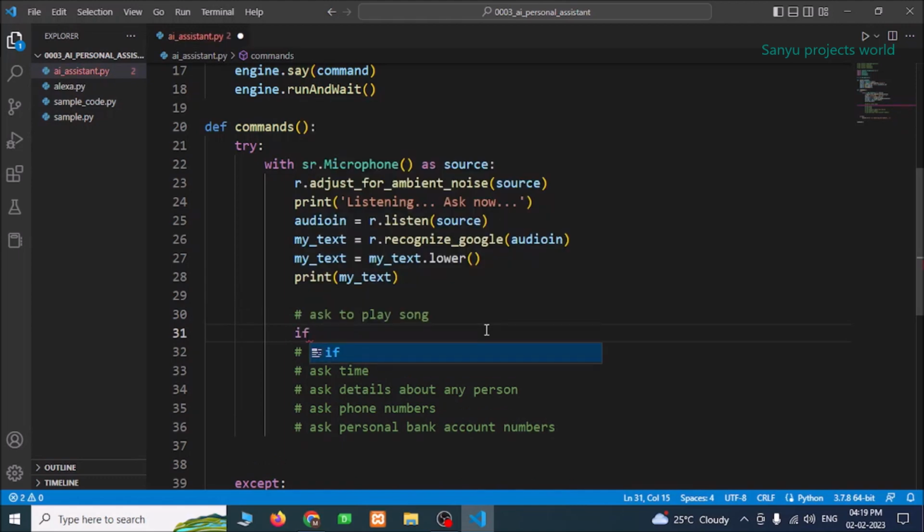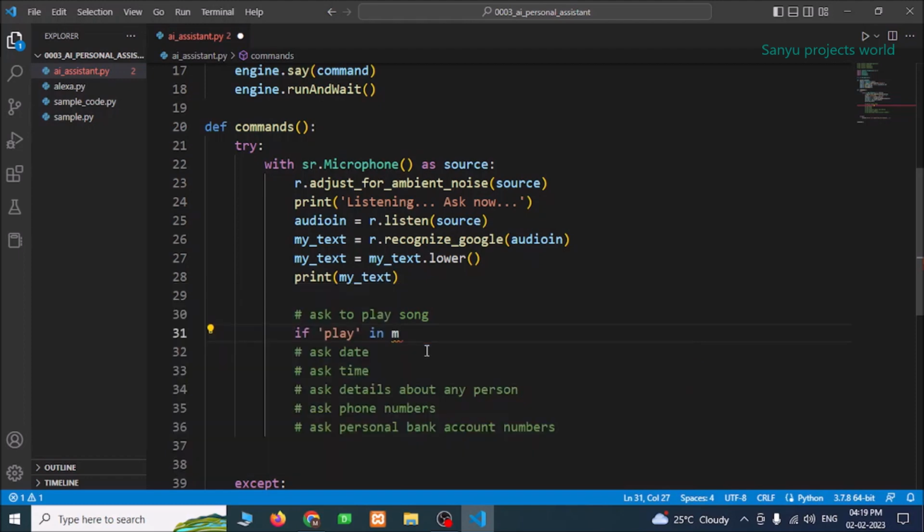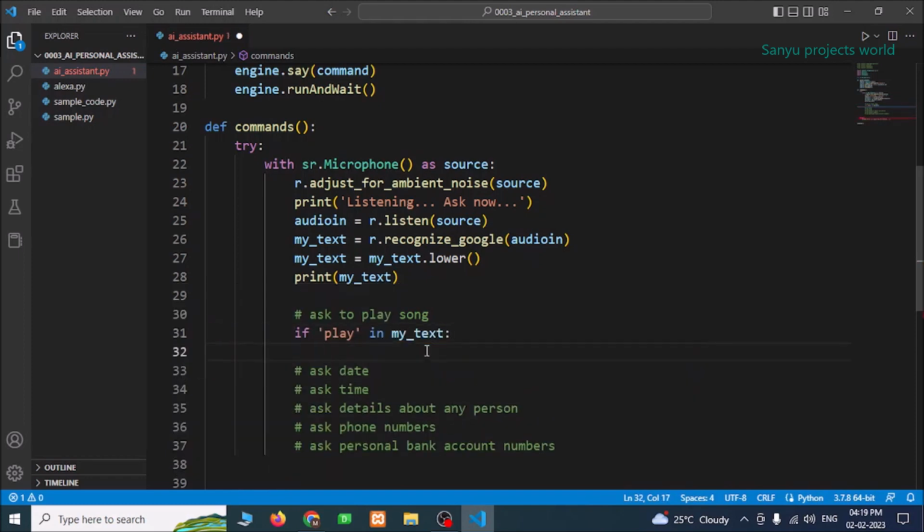If play in my text, this is our input text, we are checking whether the word play is in the my text variable. If there is the word play, we need to remove the word, then only we can play the song with